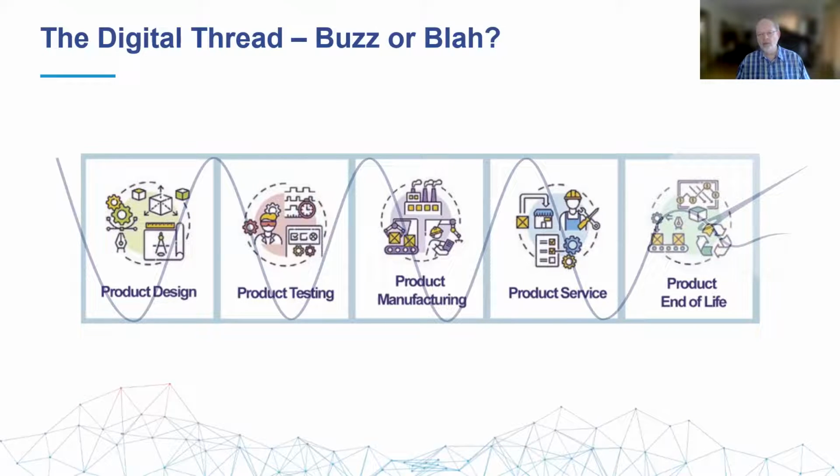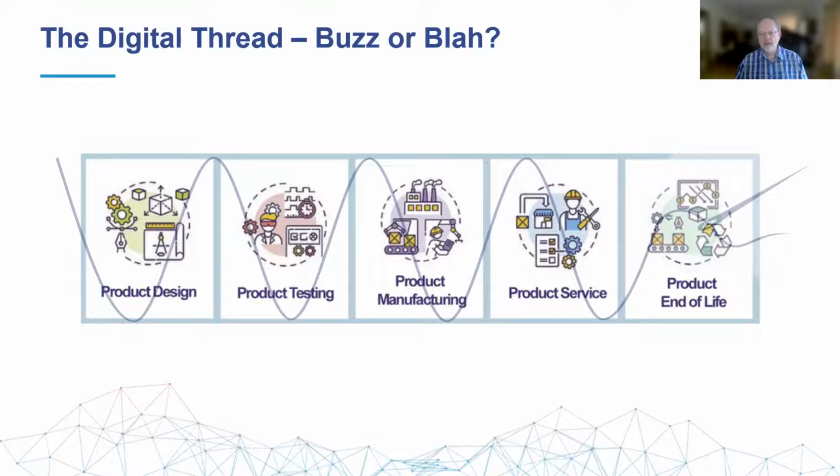We could argue that it might even back up into marketing for folks that do so-called build to stock. I'm going to make 1 million refrigerators, and marketing might have a role in defining what colors and features would be associated, to the order taking for perhaps more build to order or build to engineer type of organization. But nonetheless, there are all these applications that touch this life cycle.